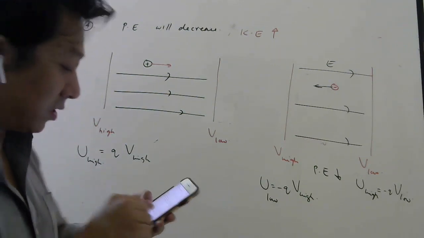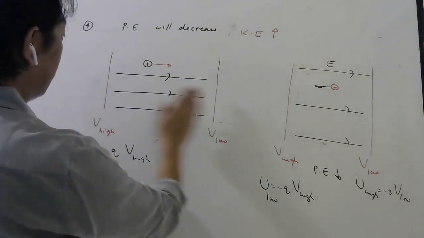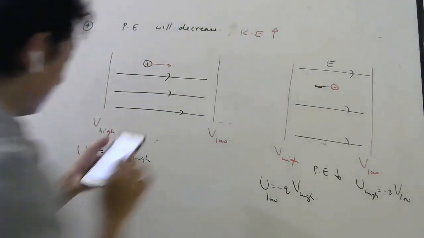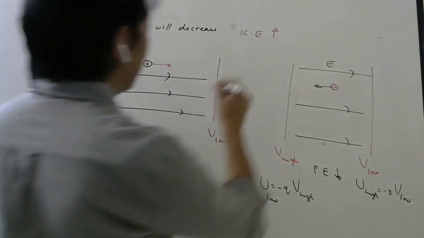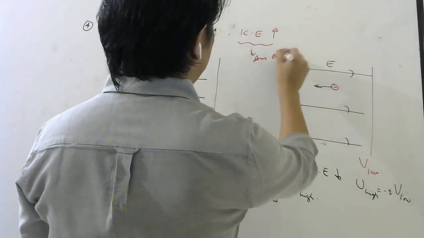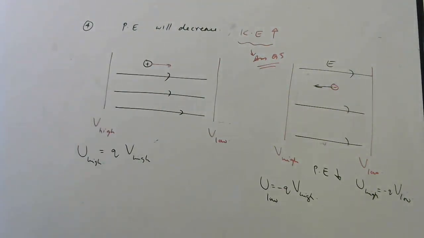I think that we have discussed, no? So if it moves from higher potential to lower potential, positive charge, then potential energy will decrease, so kinetic energy will increase. So answer is it will gain kinetic energy. So this is the answer of question number 5. Because same question they have asked. Okay, students. So please remember this.